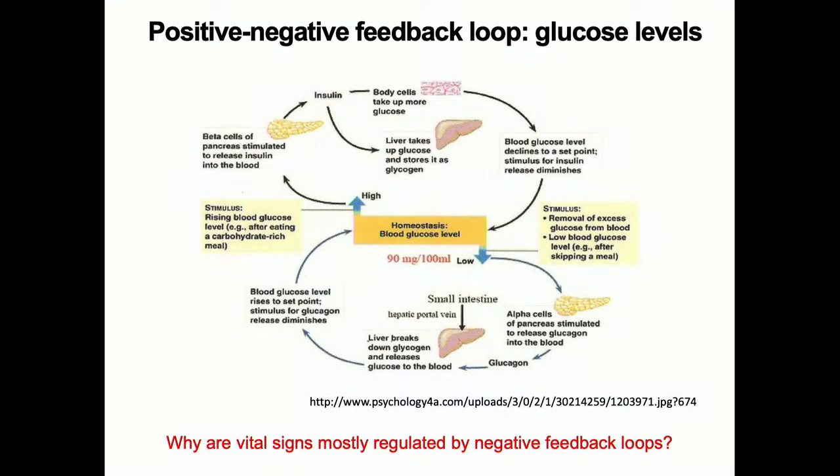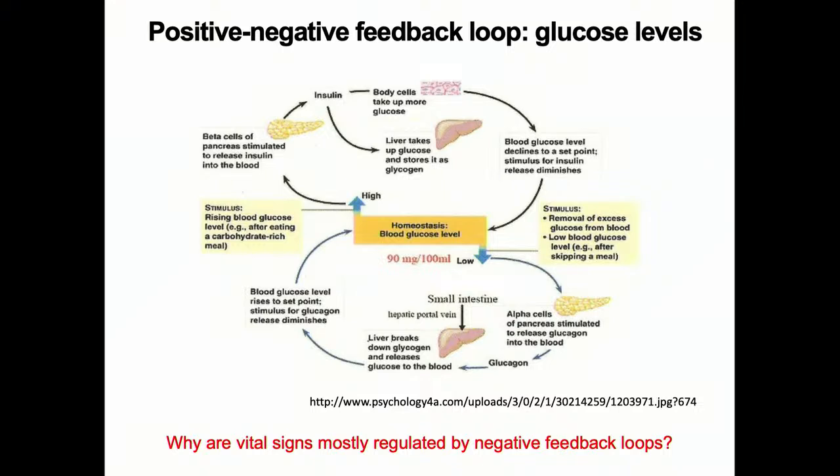Third example, glucose levels. So again, there's a homeostatic range of blood glucose levels. When it increases, the body begins to store glucose as glycogen, and that is why you see it comes back. And when it goes low, whatever stored glycogen was there begins to be broken down and converted to glucose, and therefore you see it goes up, right?